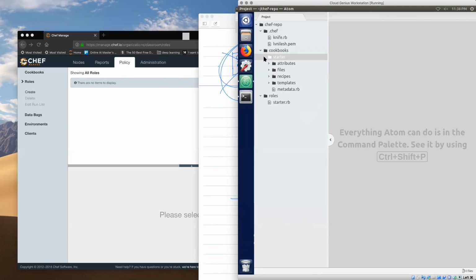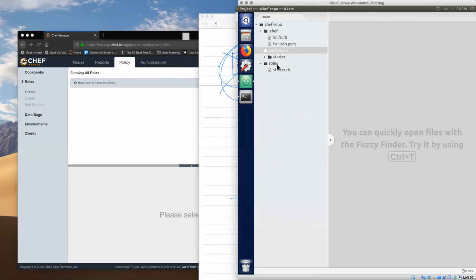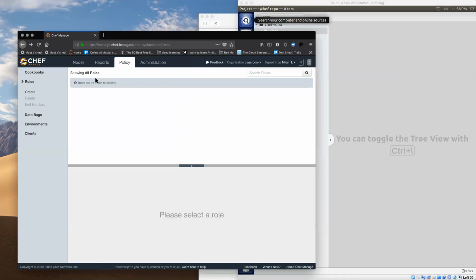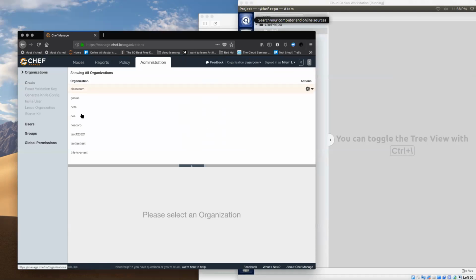Now inside here, we have a cookbook created and given to us. This is the starter cookbook. We have essentially one cookbook in the cookbooks folder and one role in the roles folder. But in the .chef hidden folder, we have something that is very important, and that is the key that they were talking about when I downloaded this thing